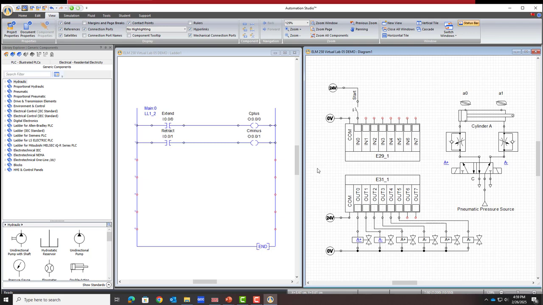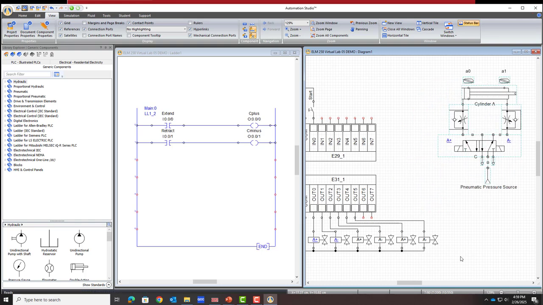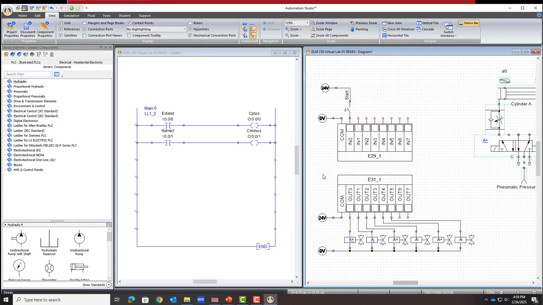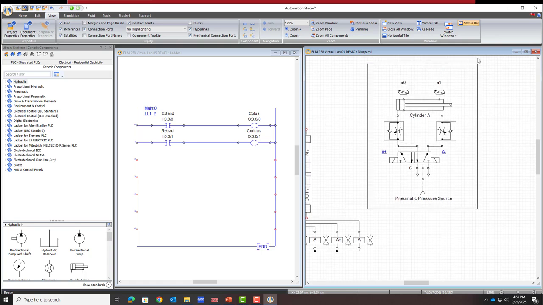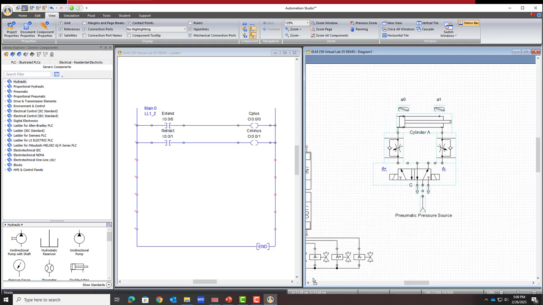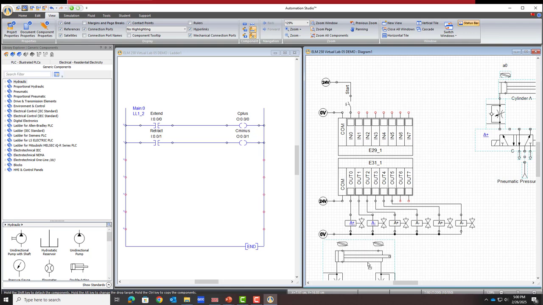Okay, then I'm going to move this up. Whoops, okay, I don't want to get any of this stuff, so let's just move this one over for now. Get it out of the way. And I just want to move the PLC input and output modules closer together so they don't take up more room than necessary. Okay, now I'm going to move this whole assembly down underneath the whole thing. So eventually we want to be able to see everything